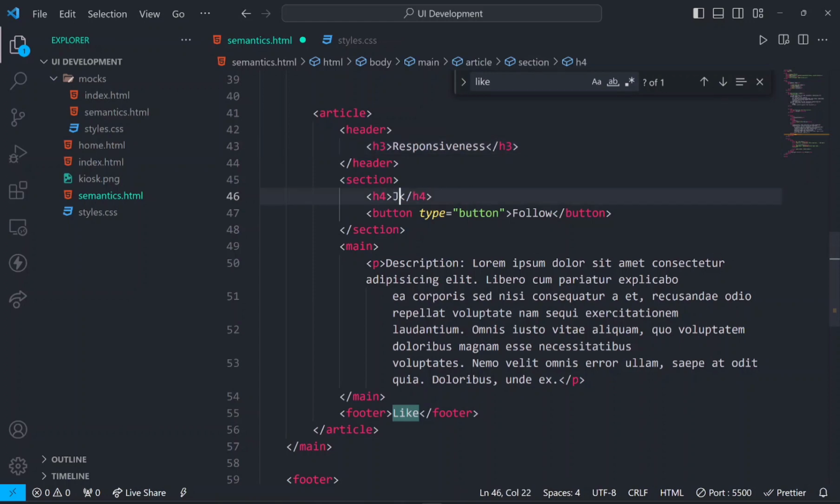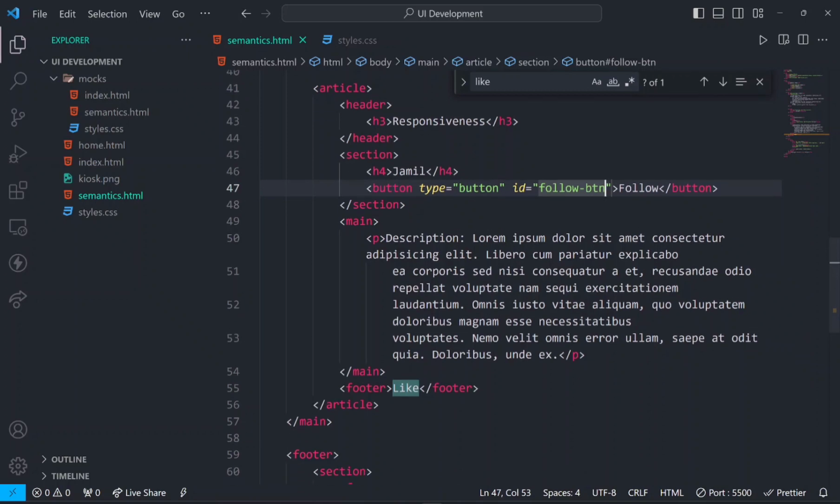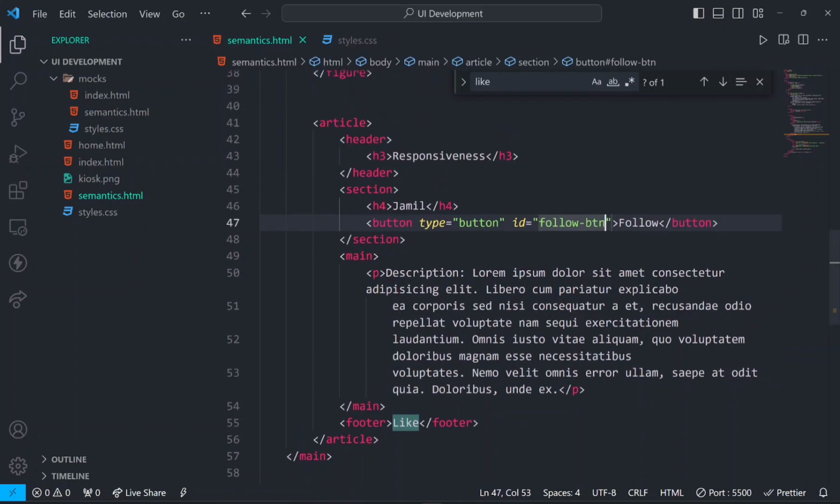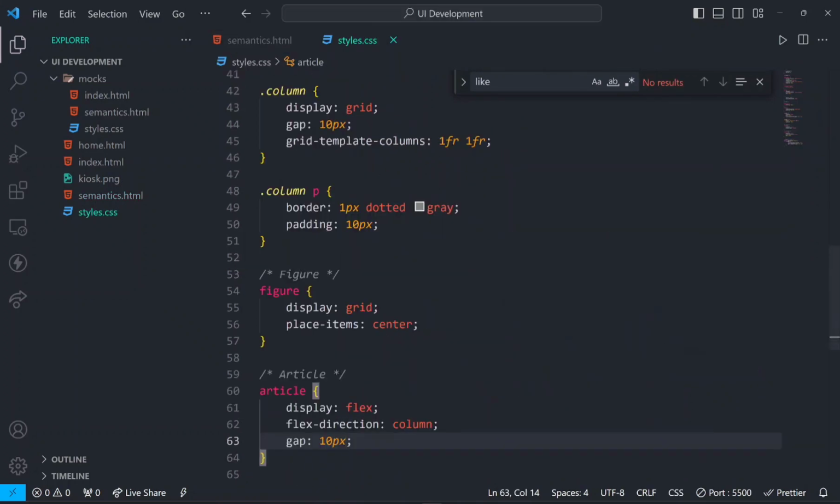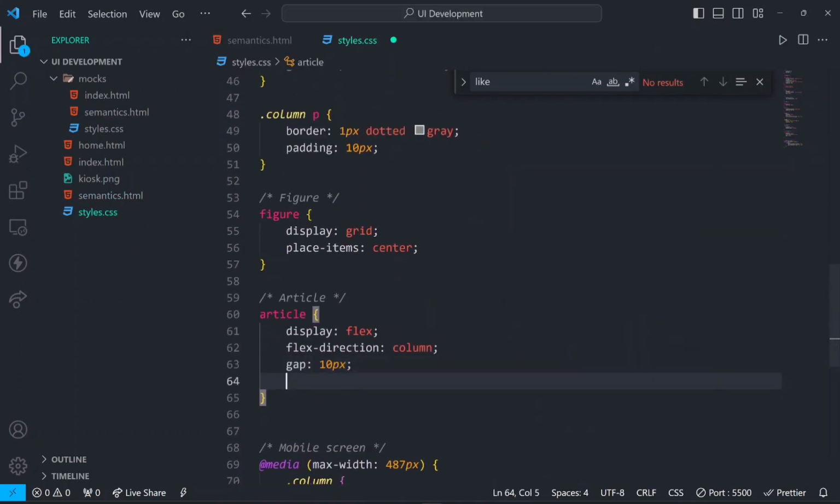So let's say this article is about responsiveness and it is written by Jamil, so we will make those text changes, and we will give an ID to the follow button so that we are able to select that using the ID selector in the CSS file. And similarly we will move our way down to the paragraph tag as well,